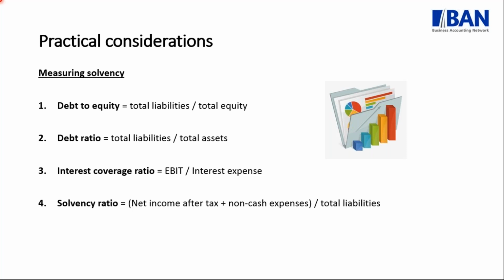Now, this ratio indicates the degree of financial leverage or gearing that is being used by the business. And it includes both short-term and long-term debt, because remember, solvency looks at a long-term view of the health of your business. So when we talk about financial leverage or gearing, it basically looks at the ratio between your debt and your equity. In other words, how is your business financed? How do you get money, or how do you get financing to actually manage your business? Are you using debt or are you using equity? And what is the ratio between the two?